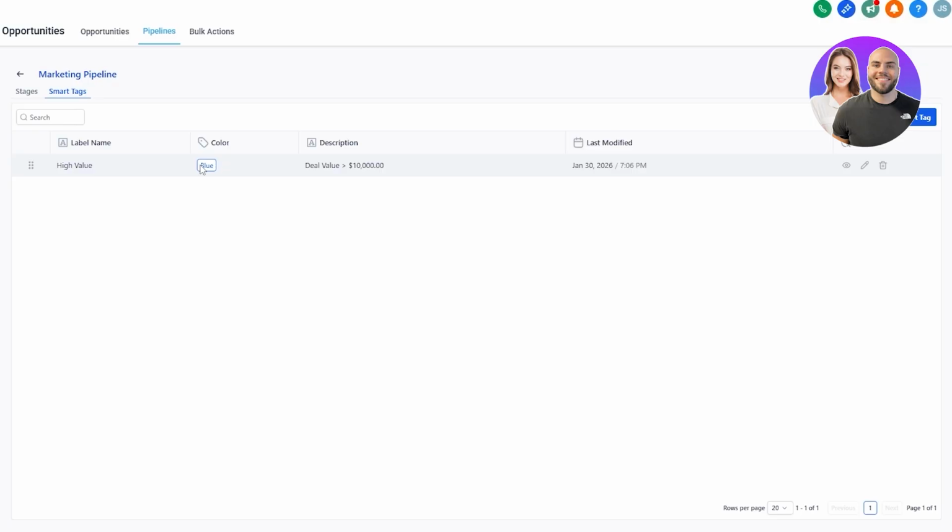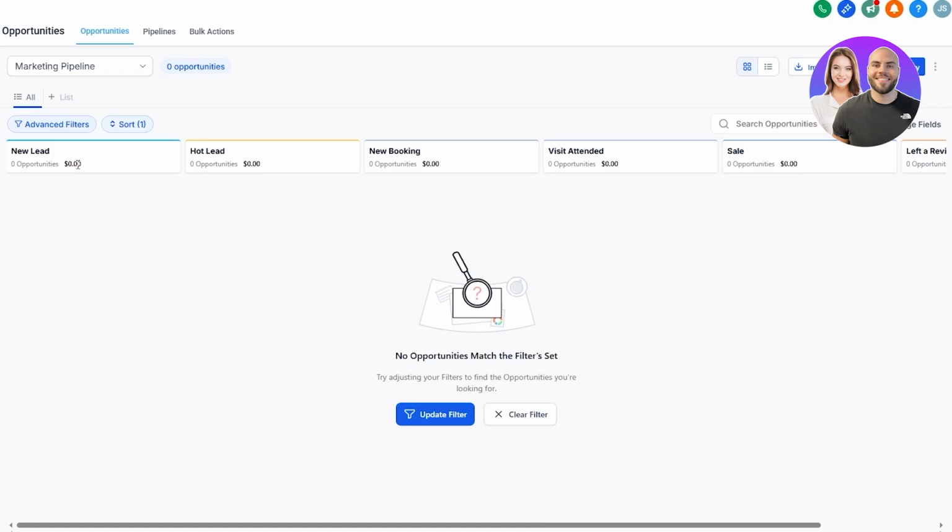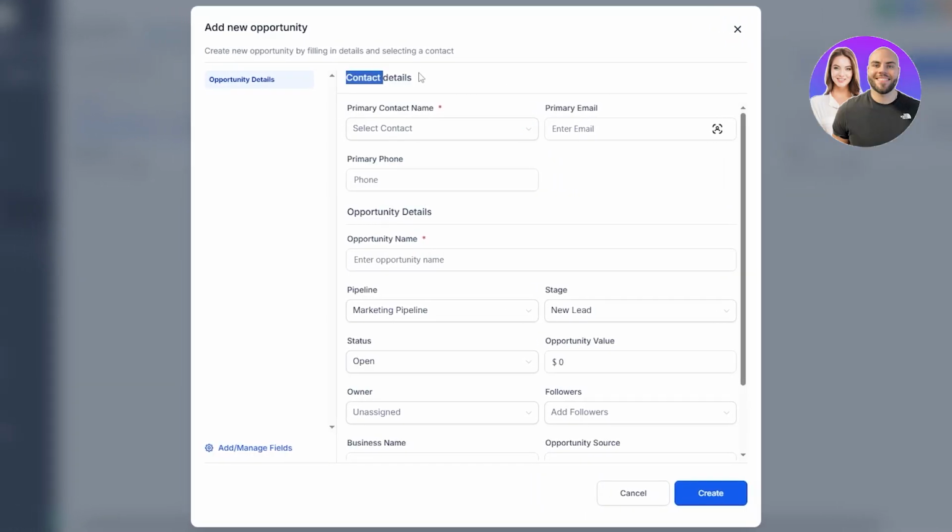Same way we can go ahead and create multiple different smart tags. That way, all the opportunities that we have within the pipeline will have it. So for example, if I wanted to create a new opportunity, I'll click on add opportunity over here. I go to the contact details. If I have one, I can go ahead and select it. So let's say I want to select this contact, right? This is my own contact. I added some